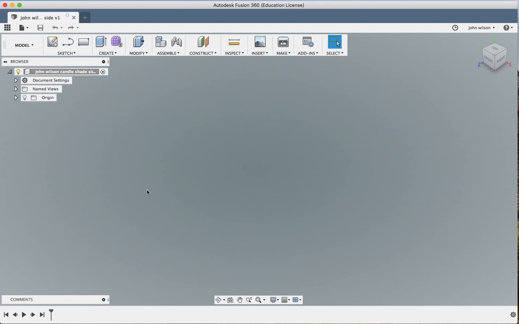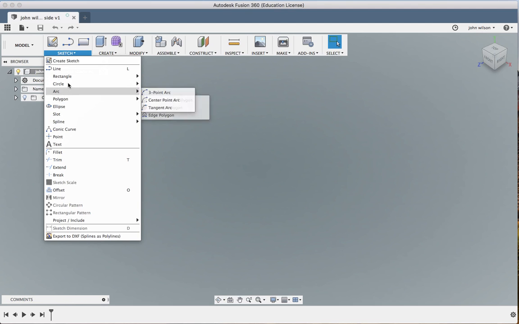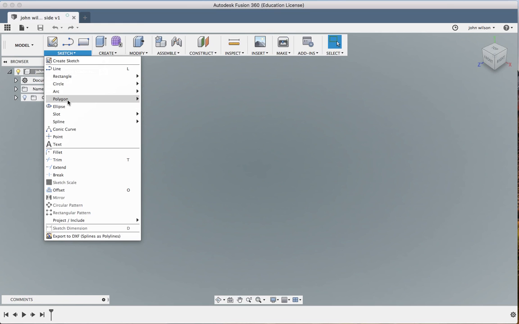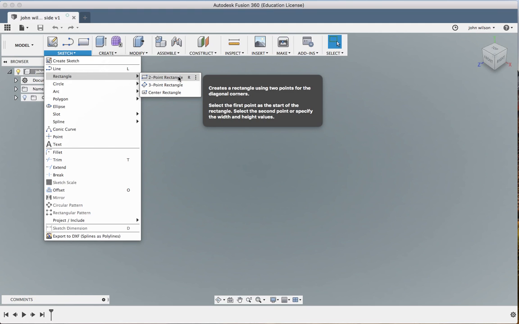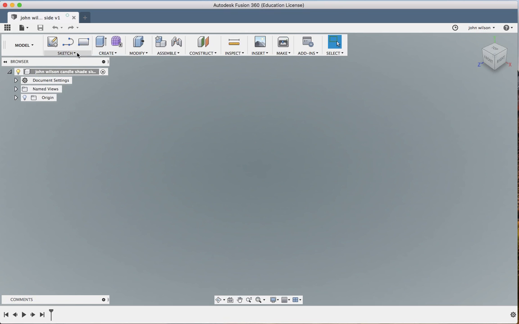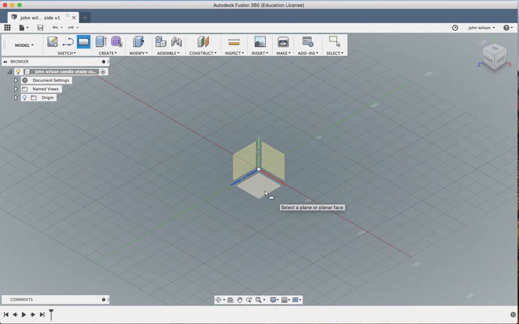The drawing is actually really quite simple. So we're going to come up to the sketch tools, and we often start in here because we often start with a sketch, the 2D shape. I want to choose a rectangle, so if I come across here I can choose a 2-point rectangle, but you'll notice there's also a little hotkey shortcut, which in this case is an R. So we don't have to go through the menu option. We can simply press R on our keyboard and it will bring us up these 3 planes that we can choose from. I'm going to choose this top